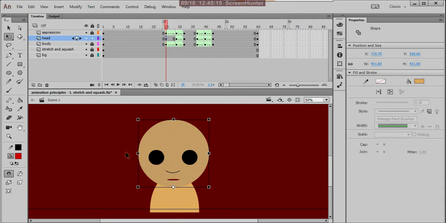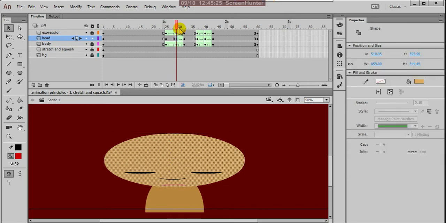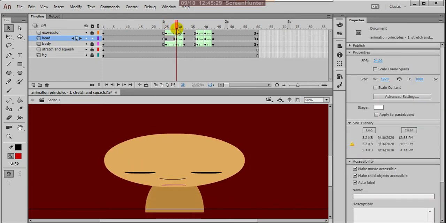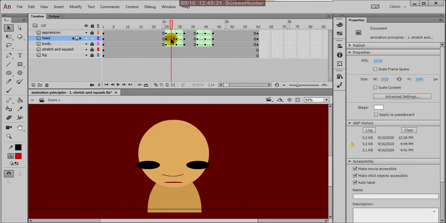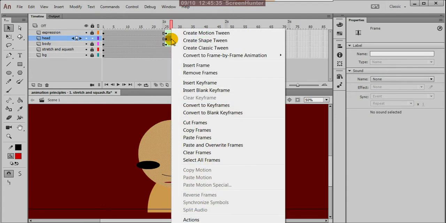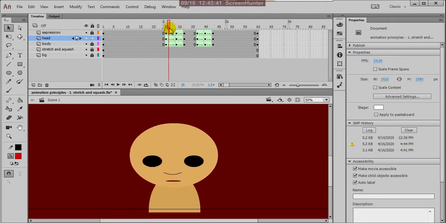The other side, horizontally and vertically, you can give the action. So that's it. This is this. Okay, I did this, but you have to apply animation between this and this. So for that, what I did, between these two keyframes, right click and I created create shape tween. See that? I created a shape tween.